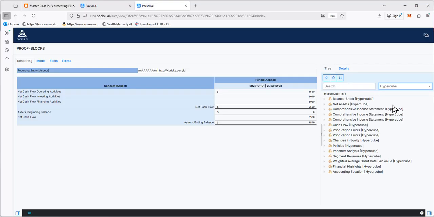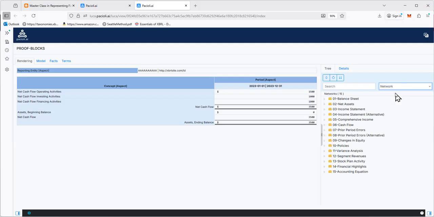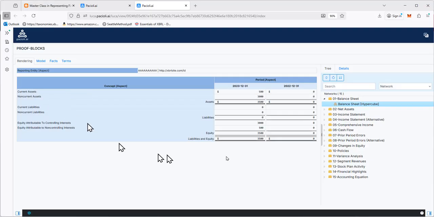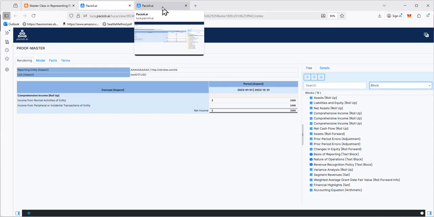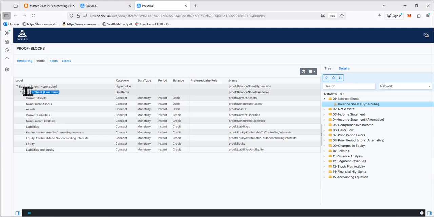The hypercubes, components, they're all the same. The networks, they're all the same because the abstracts fit into the hypercubes. They go inside this, so it doesn't impact the upper level stuff. It just impacts where the lower level facts are hung from, or they have to be hung from somewhere. And in this report, there always is this line items, so that you can see how